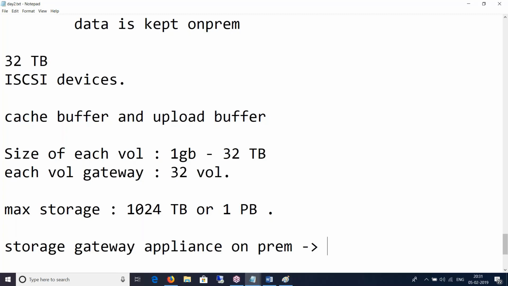These storage volumes are mounted as an iSCSI device on your premise application servers. They talk to your S3 buckets and can then be mounted as an iSCSI appliance to your premise servers. And these volumes will contain your entire data storage.